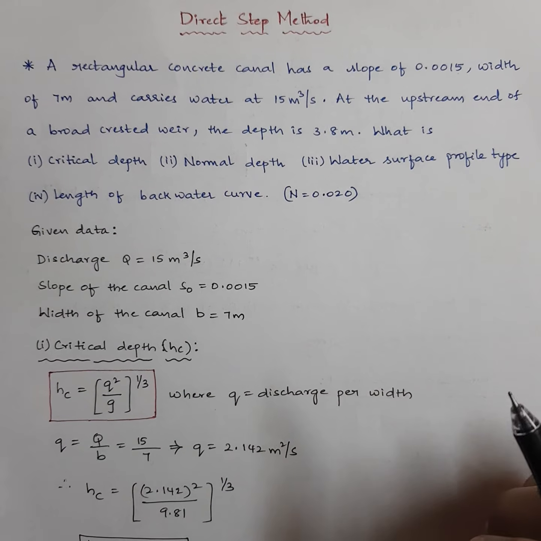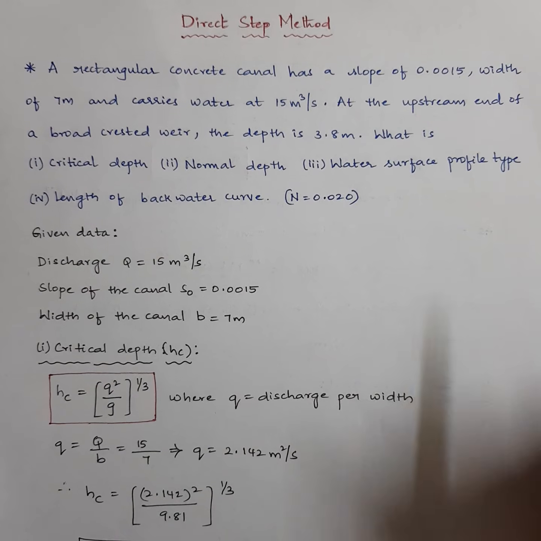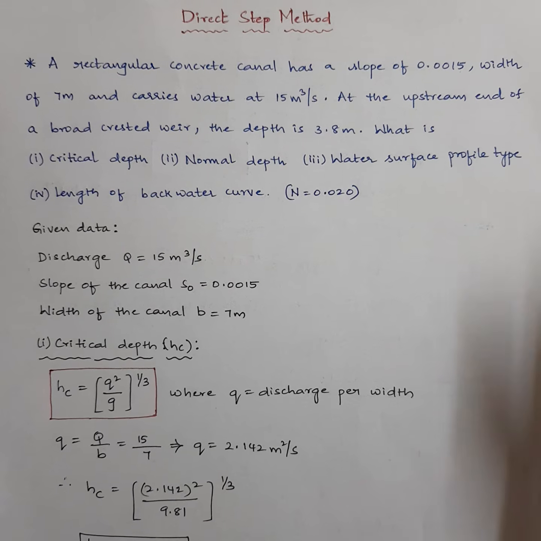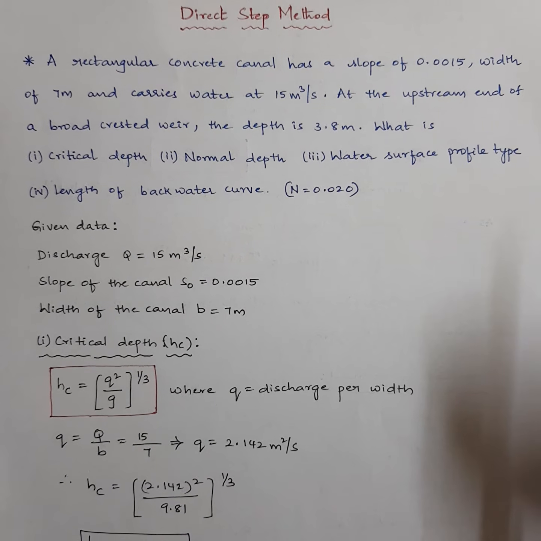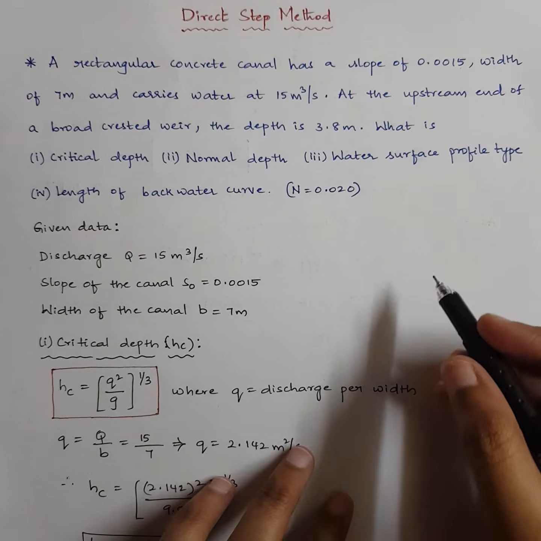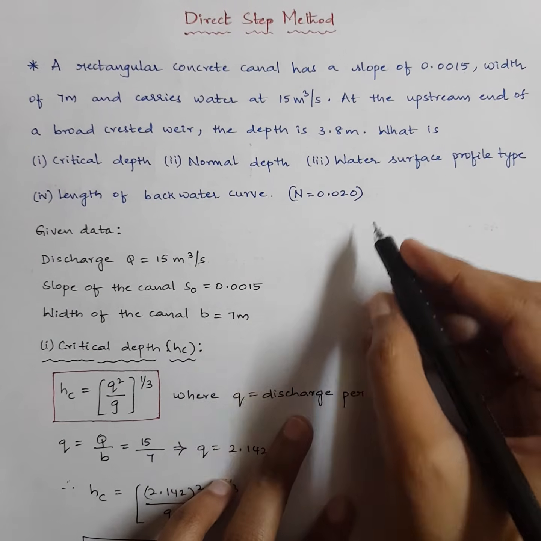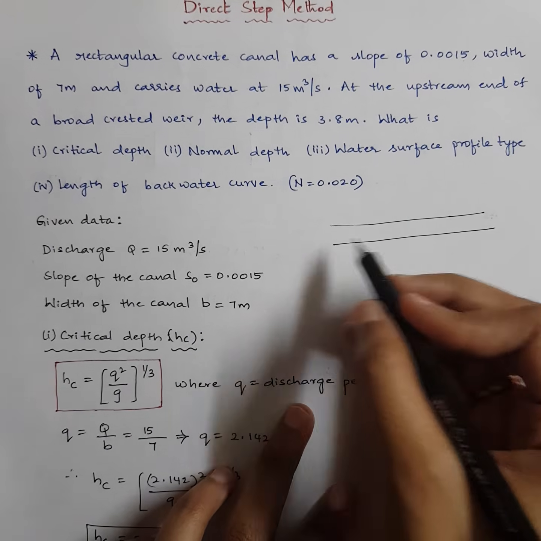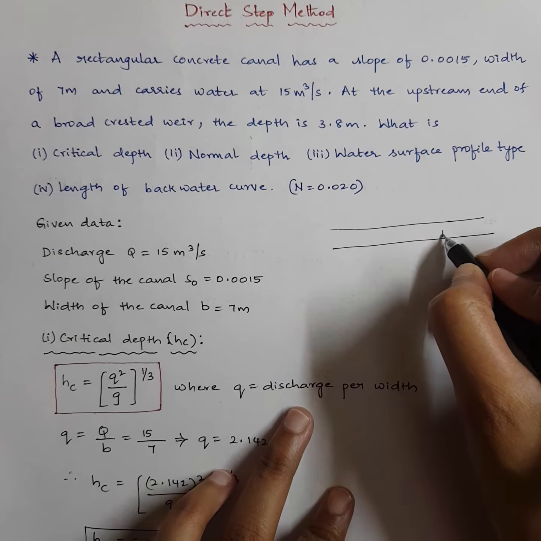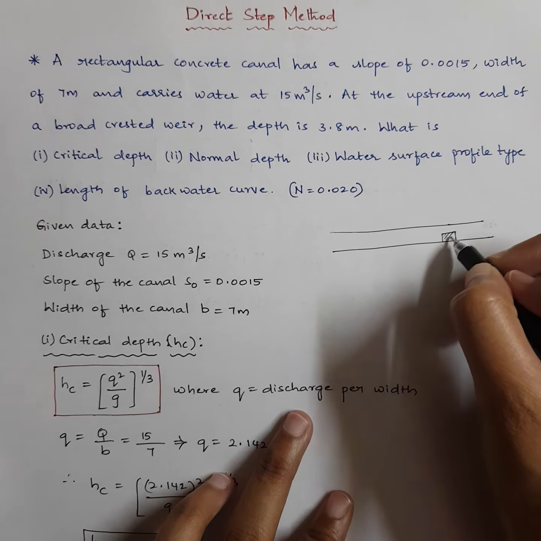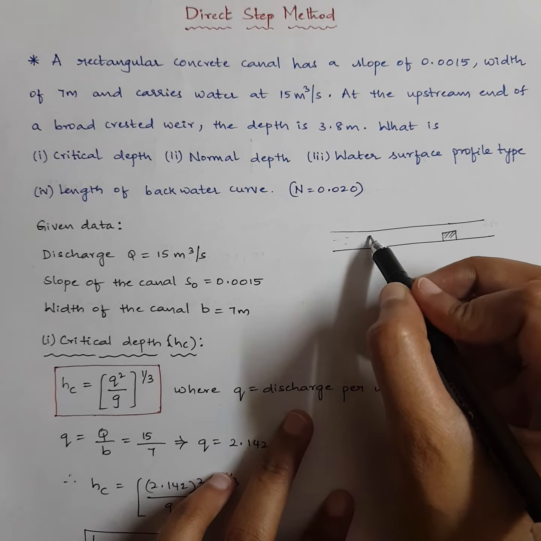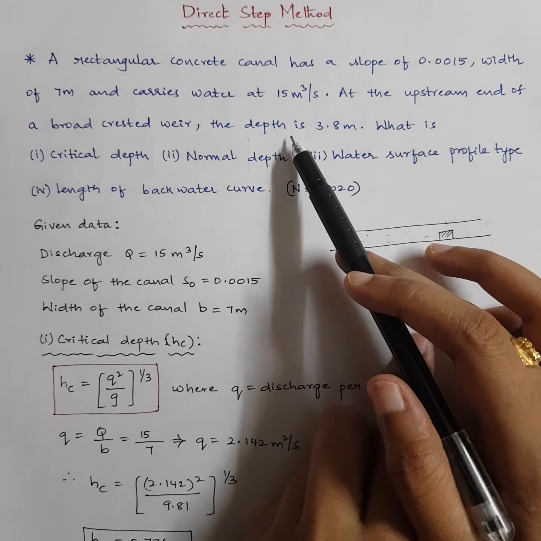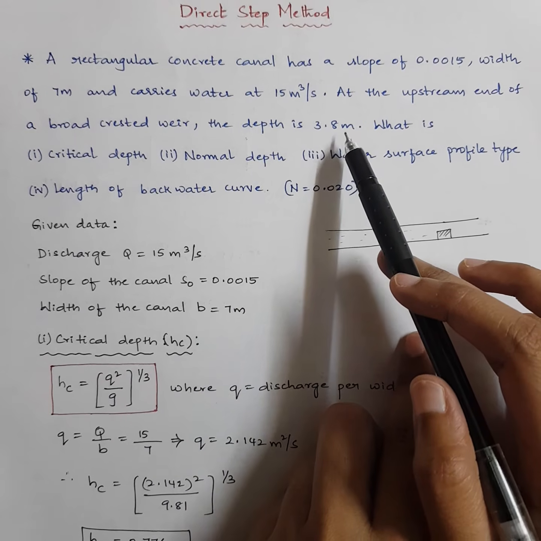He's telling us that there is a concrete canal in which water is flowing, and at the downstream side of the canal there is a broad-crested weir placed. For example, if your channel is like this, you have a broad crested weir placed like this. So there is water flowing in this channel. He's telling us the depth of water is 3.8 meters at the upstream end of the broad crested